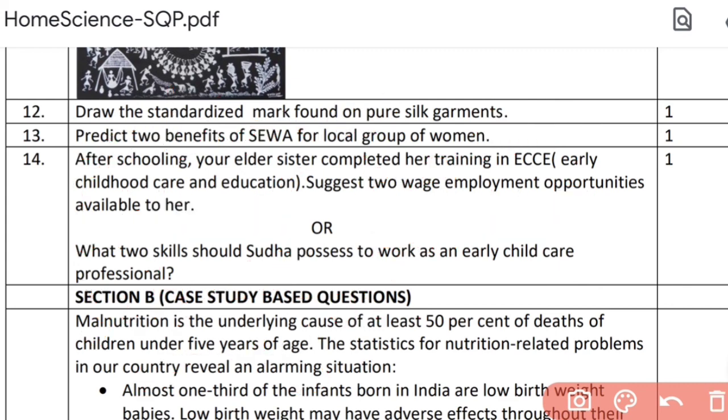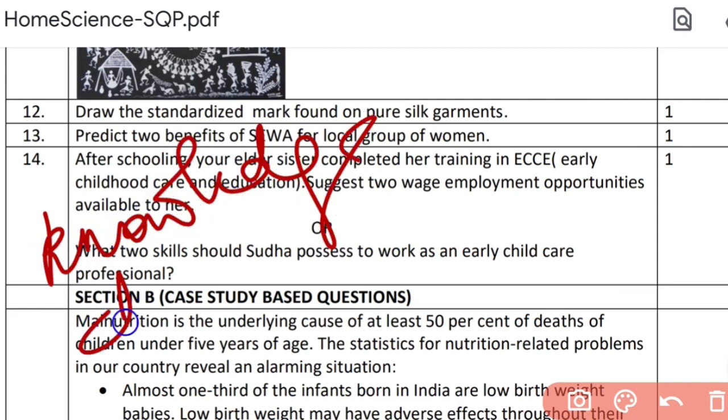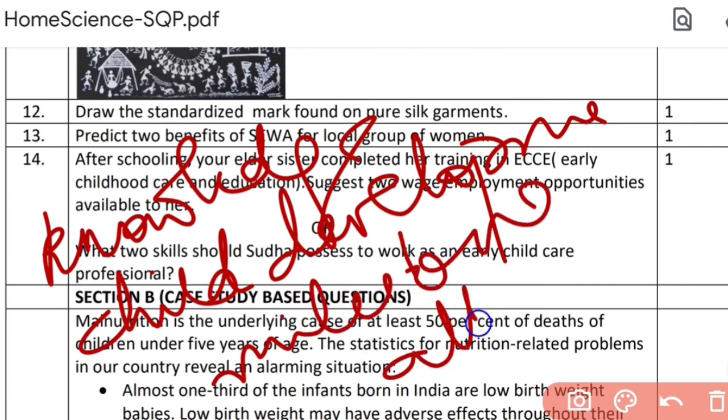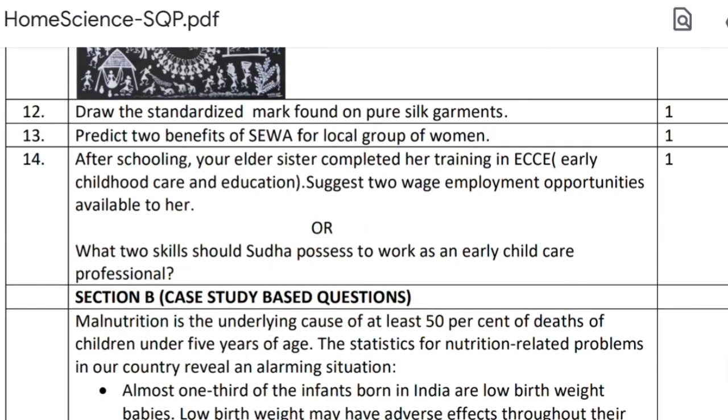Then also what is required is knowledge. Knowledge of what? Regarding children's development, and also their milestones, how to identify their attitudes and aptitudes, and many others. You can write down any three and they are all given in the book. You will have no problem. So all the 14 questions are over. Section A is over. Please just don't listen to it. Have your paper and pen ready, and I'm sure you will score a full 14 on 14 in section A.